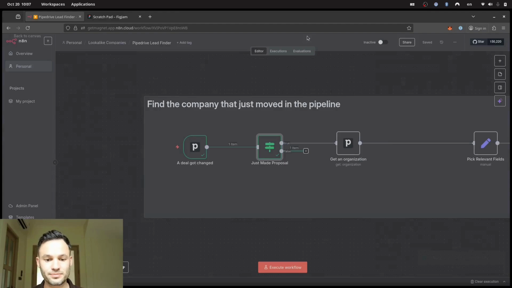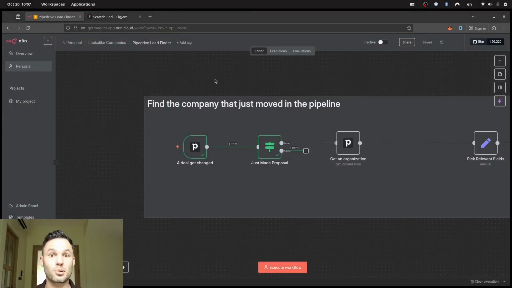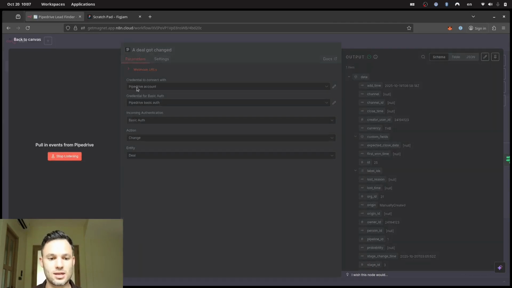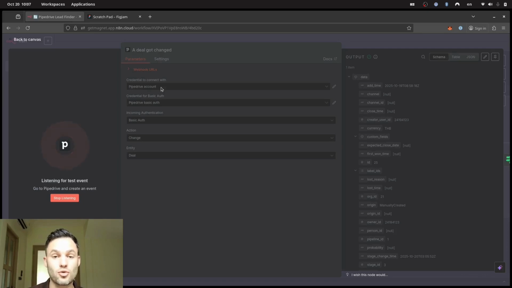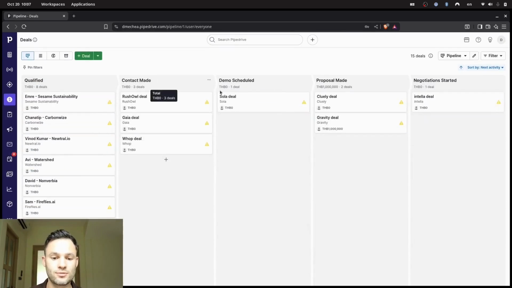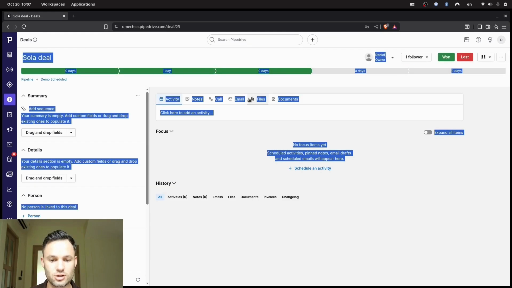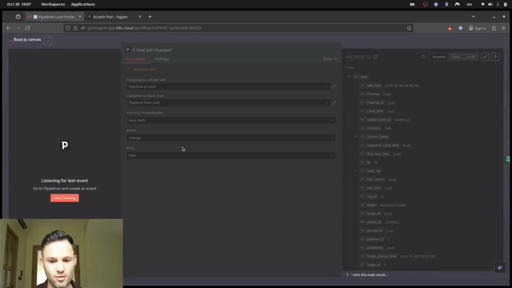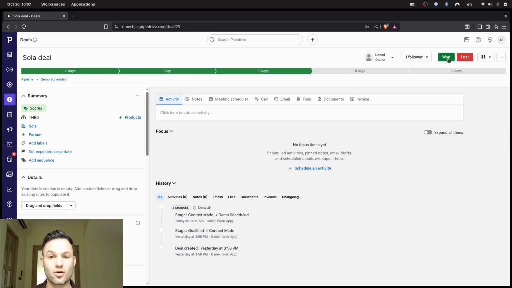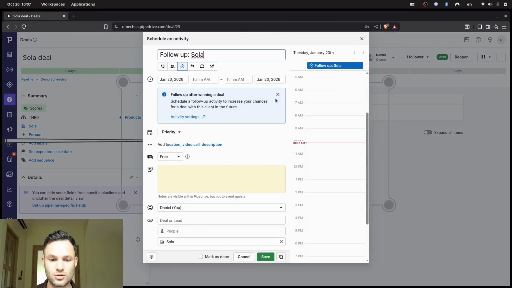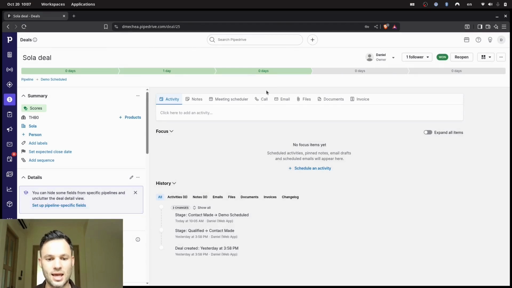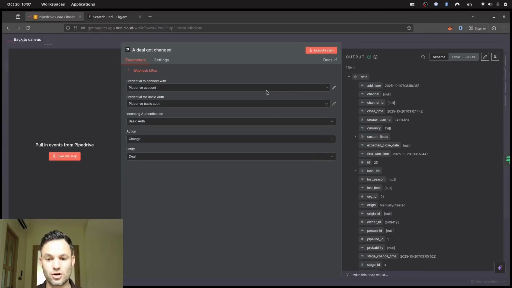Now, just to show you how you can play around with this webhook, let's say you wanted to make the automation work not when someone created a proposal, but when you've actually closed a deal. What we can do is click on the solar deal now, as we're listening to our webhook again, and click on 1. Once we do that, we've got this amazing thing over here that shows us an activity that we can set. And if we go back to our automation, we've actually got a new event that's come in from